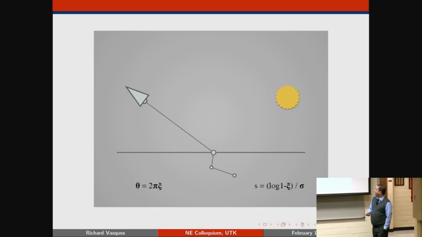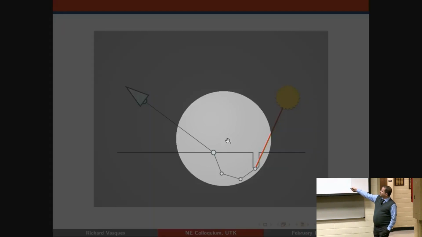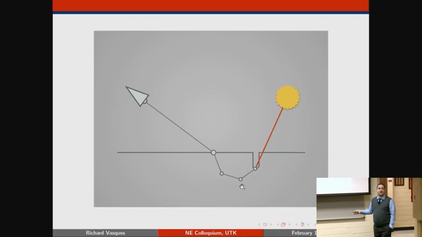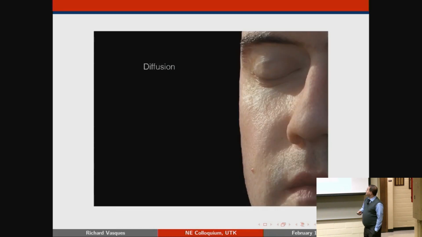Eventually, it's going to come back to the surface. If you can trace a ray from that point to the light source, you got one sample. But if you can't, you kill it. So that simple step is going to get rid of that smearing, because if I get my particle up to here and there is no direct line from the surface to the light, it's not going to be a sample in my calculation. So that did a pretty good job. So this is the diffusion one that I showed you before, and I'm going to flip them back and forth, and I'm going to point out some differences.